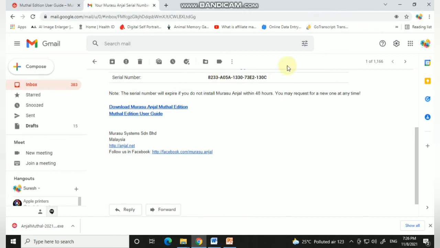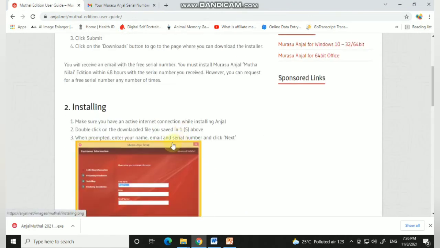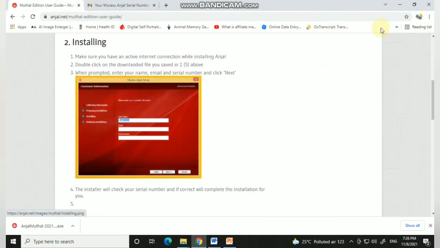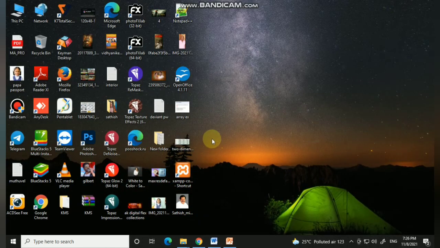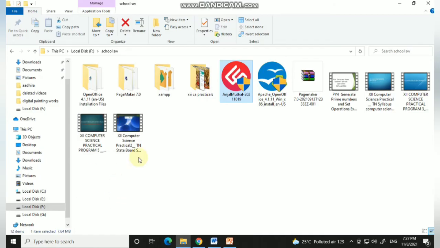After installing Murasu, they have also given here how to install it, the process to install Murasu. Once I have installed it, it automatically gets inserted into my C drive, program files. See, here it has been installed.